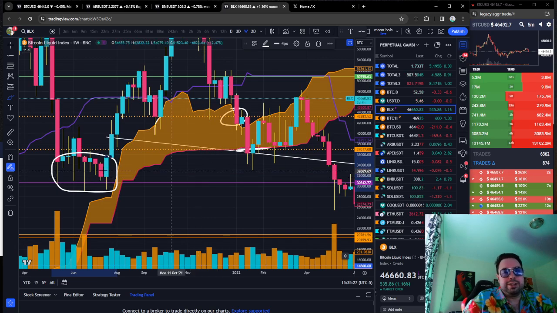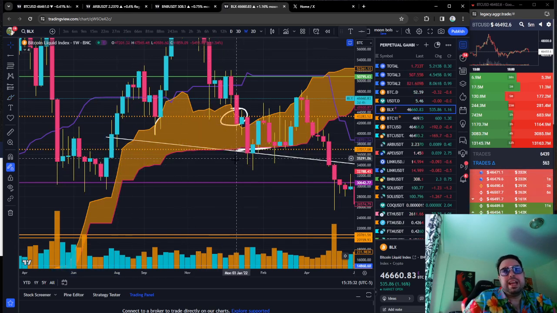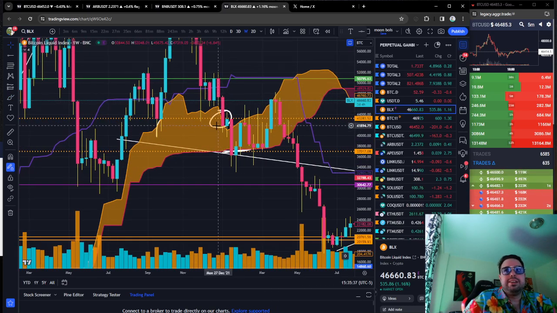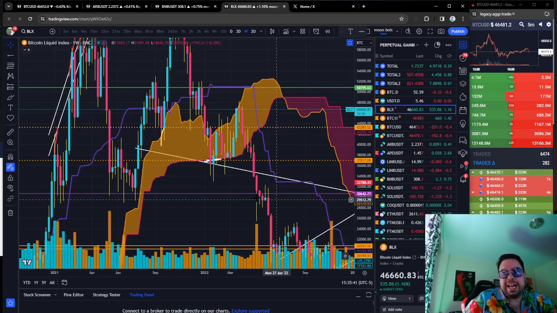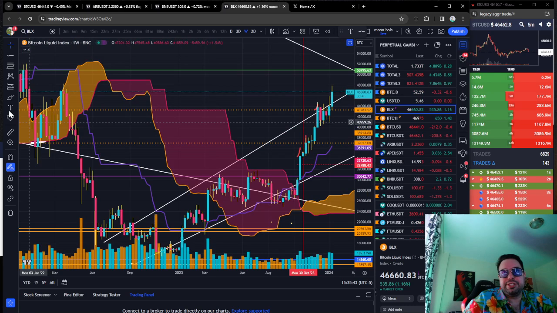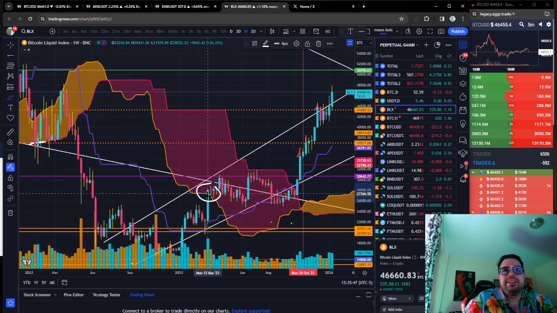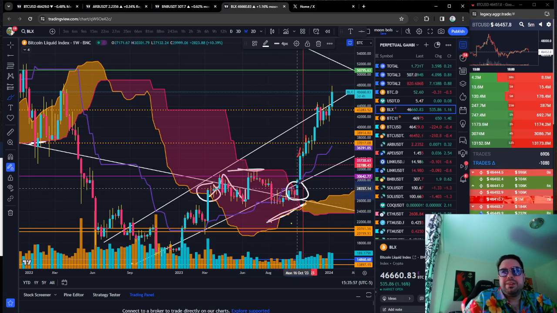And if you go back, you can do this on your own. Look at the Ichi Cloud on the weekly here, and you'll be able to see, wow, this is actually relatively accurate. So looking at these clouds can give you that advantage, and that's the same thing that happened here. The moment we entered the Ichi Cloud, we got the volatility, we had this acting as resistance, then we had this acting as support, and the moment we broke above the Ichi Cloud, way back,